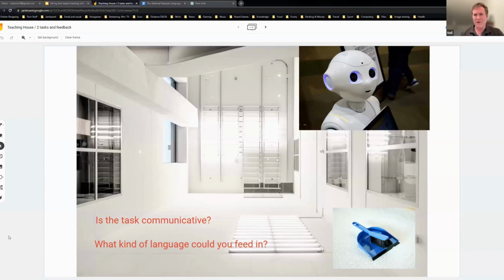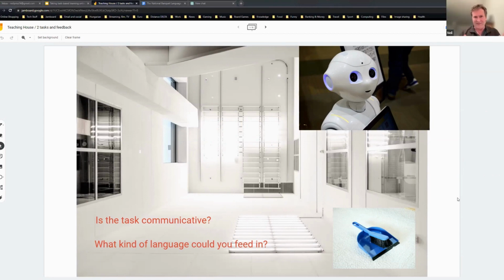Okay, so you may know this task already. I heard about it from a blog about a Jeremy Harmer presentation, but I think it probably goes back even beyond Jeremy Harmer, so I won't take credit. It's an old classic, and it's a kind of pyramid discussion. I first came across a pyramid discussion in the Klippel book, Keep Talking, the NASA task. You may have done it. Wonderful book.